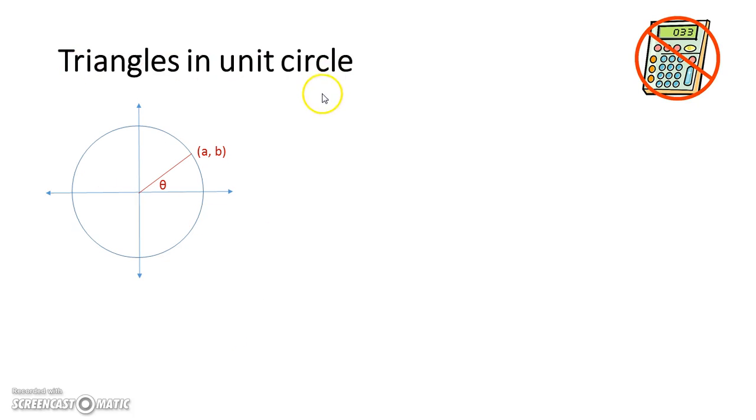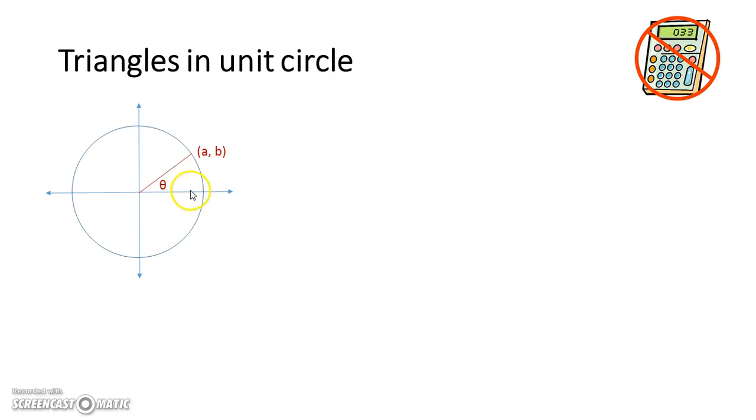This one's about triangles in a unit circle, or about values in a unit circle. If we look at this circle here, which has a radius of 1, and this is your angle theta, well, you can imagine a little triangle here,